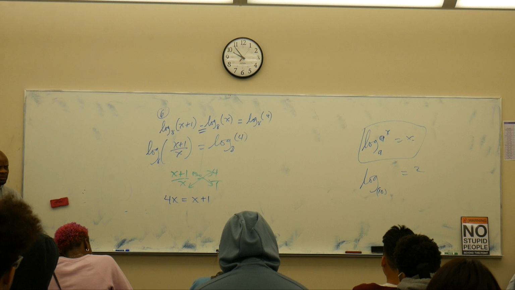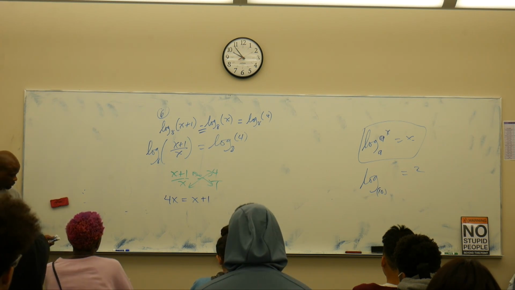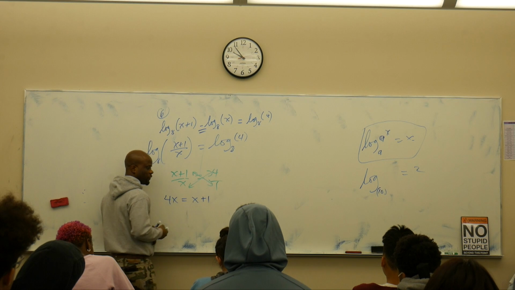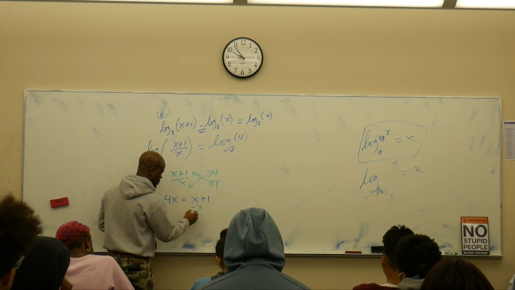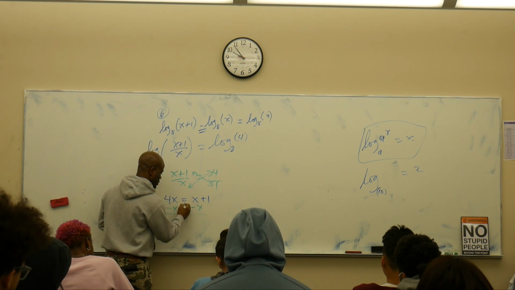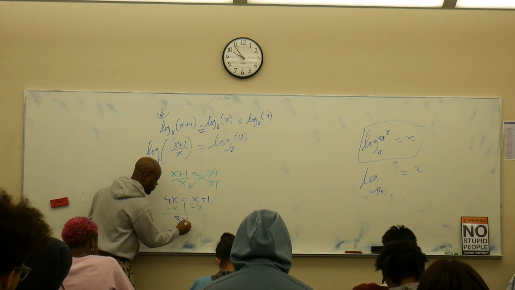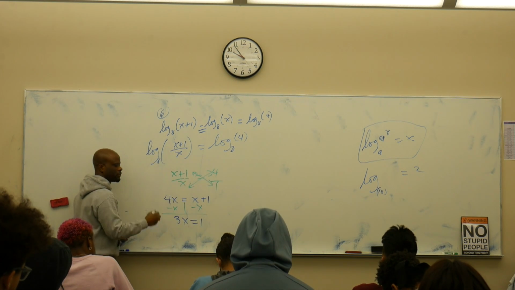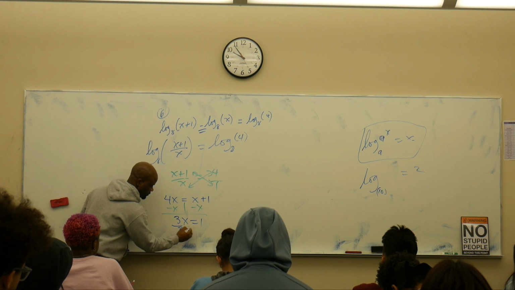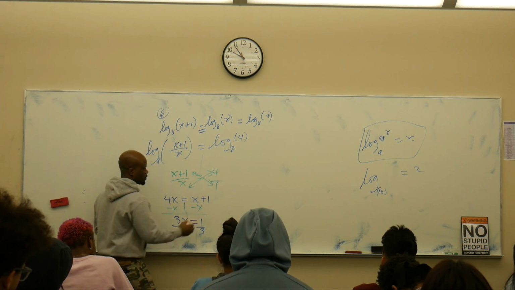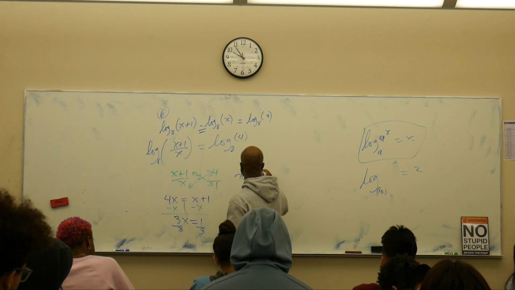How do I solve this? Right. You can subtract this. So what's 4x minus 1x? 3x is equal to 1. Now, we can divide. So x is